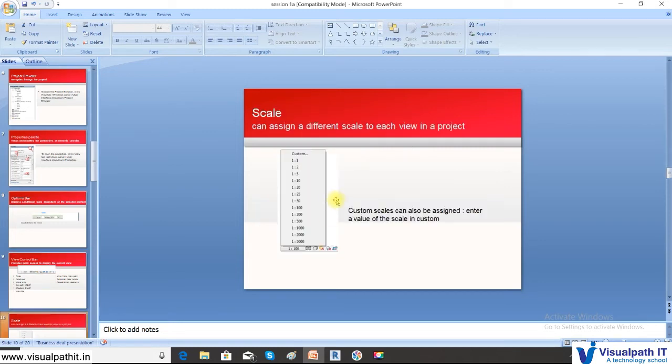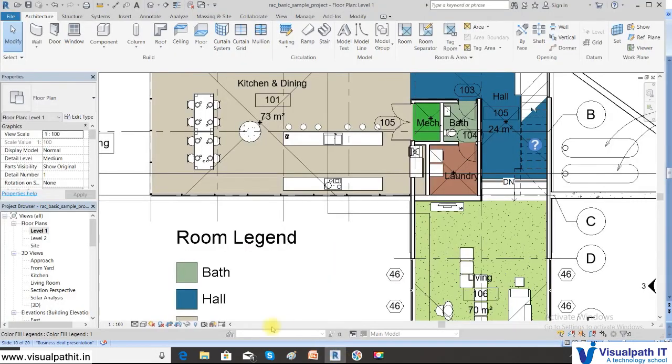So first, scale. Now custom scales can also be assigned. By default you have these kinds of scales, 1:1 up to 1:5,000. You can give your custom scales. So based on the scale, the plan or the 3D view is generated. By default it is always 1:100. Okay, so if you want to see on the screen, here we have the scale button.